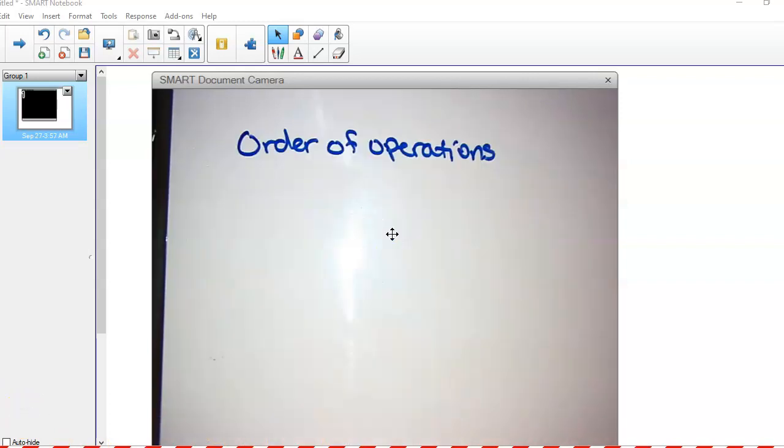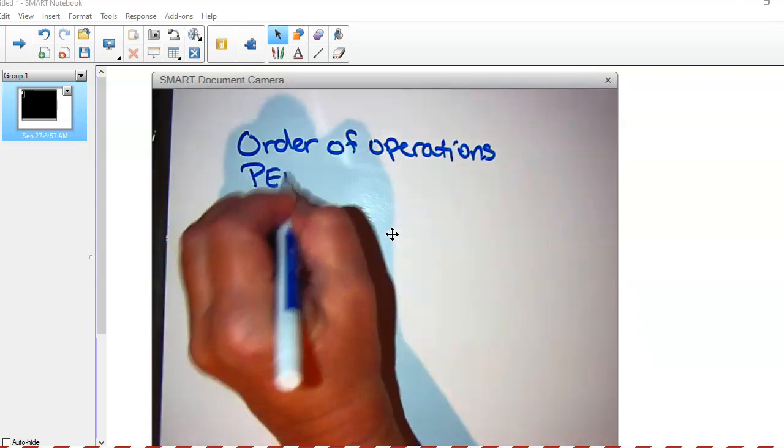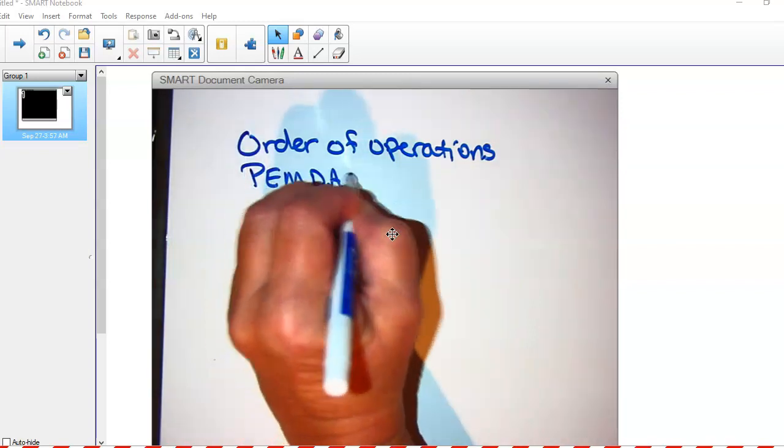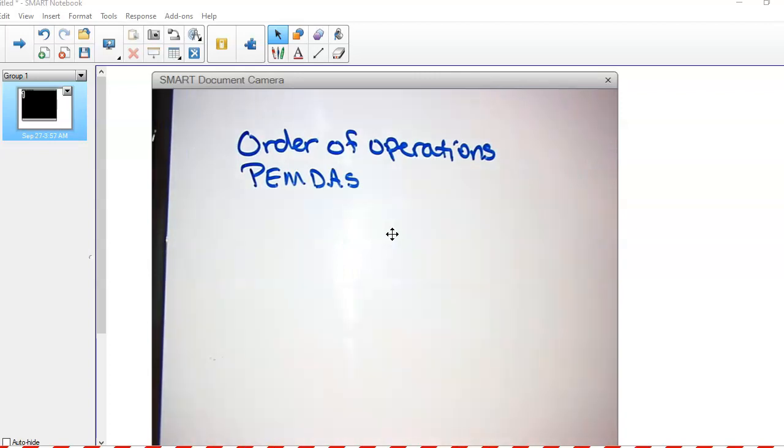Okay, and we're going to talk about the order of operations. So you have learned in the past with PEMDAS, which is parentheses, exponents, multiplication and division, and addition and subtraction. Sometimes I've even heard it as GEMDAS because they have the grouping symbols. Okay, so the rule is,